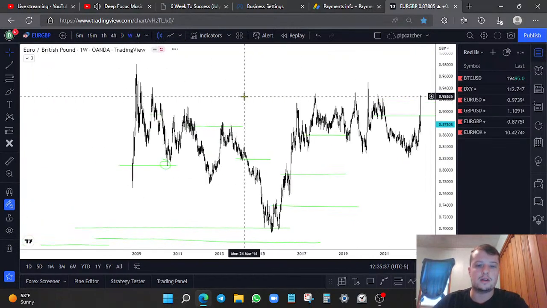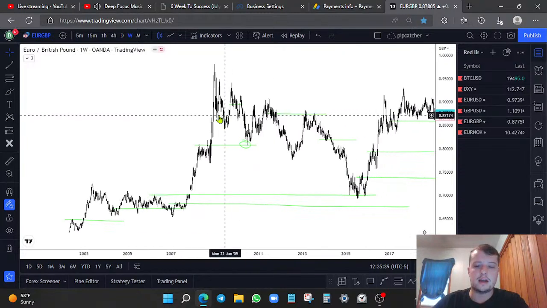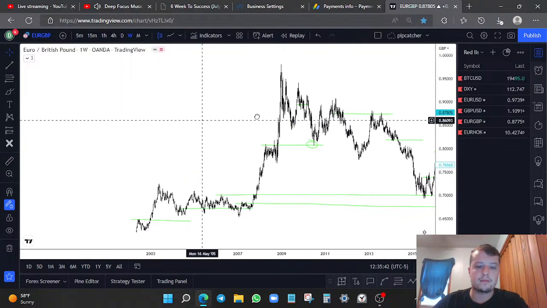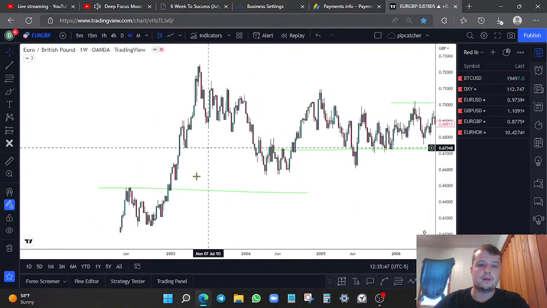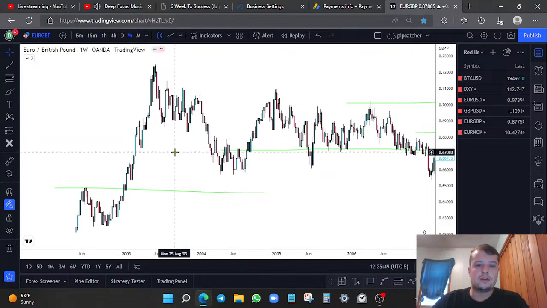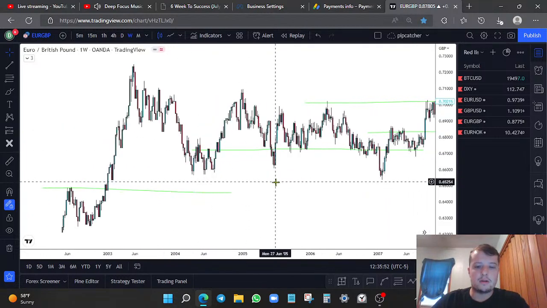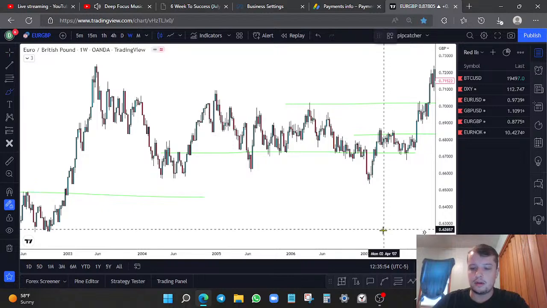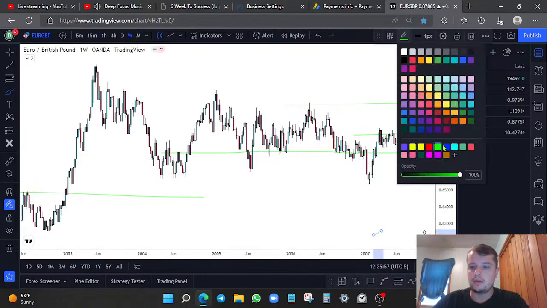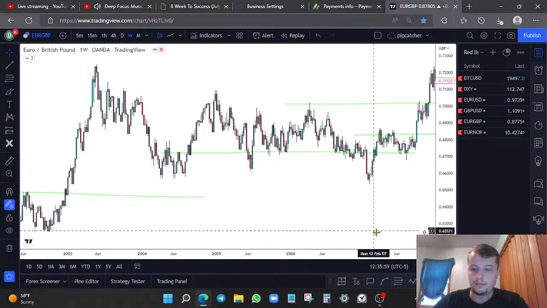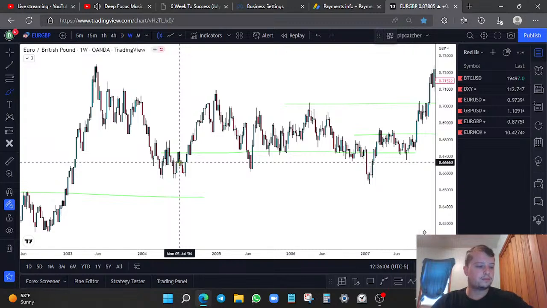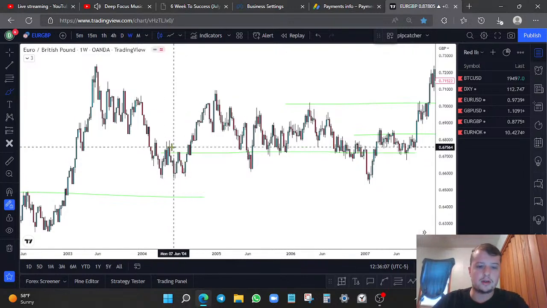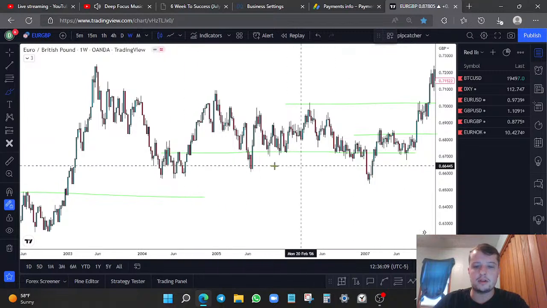So let's go down to the weekly, and now we're just going to look at these areas that we had marked up on the monthly, right? So we're mapping out the highs and lows. We'll do a different color for the weekly. Let's go to blue. Right, so what do we see? You see where that monthly point of interest is, right? But if we go down to the weekly,